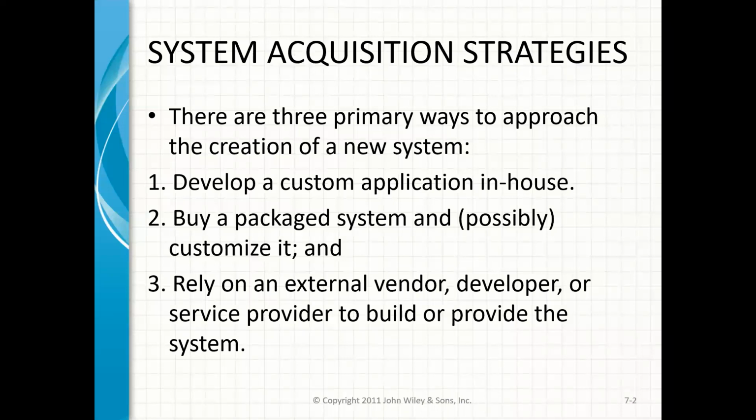So now let's look at the strategies to acquire a new system. How do we get a new system? There are three options available. Basically, when you need a new system, you either develop what you call a custom application in-house. So you have people in your organization who have enough capacity and capability to develop the system from scratch in-house. Number two, you can say, I'm looking for a stock management system, and this system already